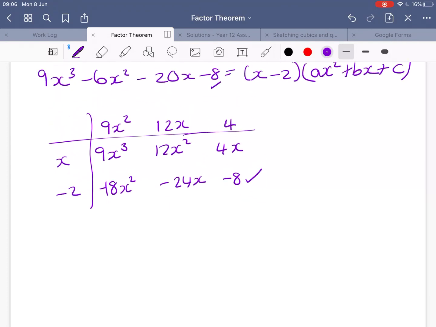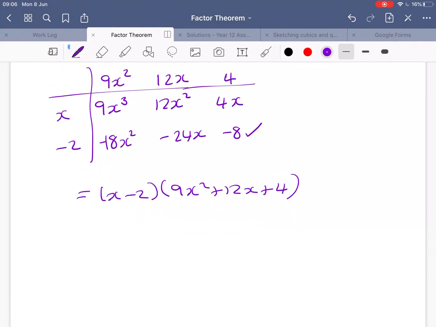So I end up with my cubic being equal to x minus 2 times 9x squared plus 12x plus 4. But now I've got to factorise that one. So I'm going to do it in red up here. I need two numbers that multiply to make 36. I've got 1 and 36, 2 and 18, 3 and 12, 4 and 9,